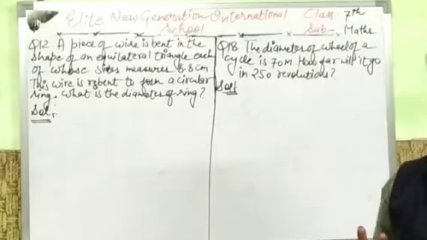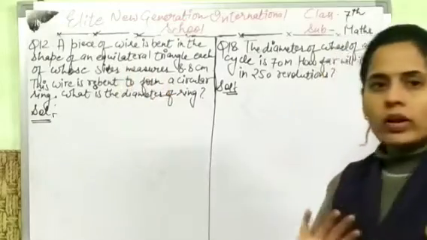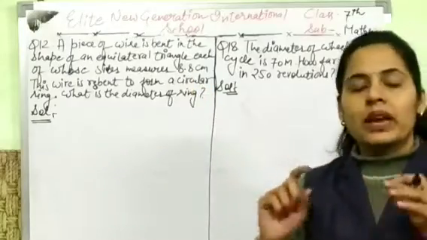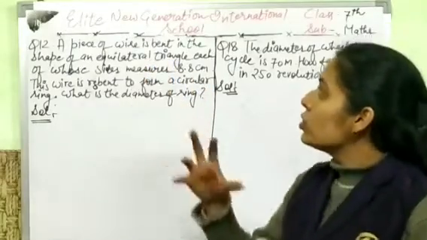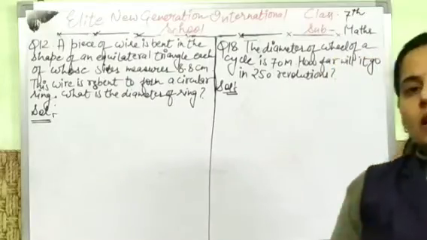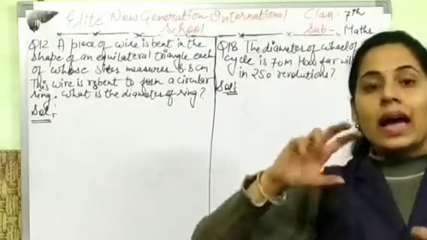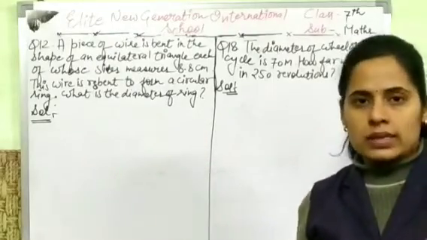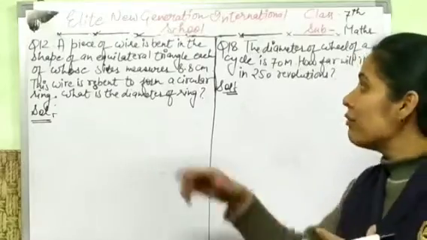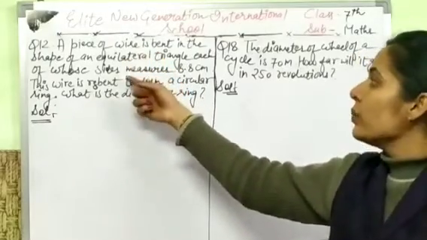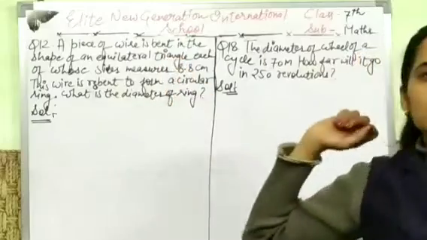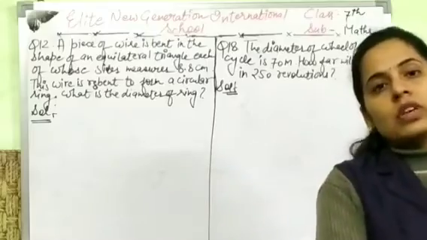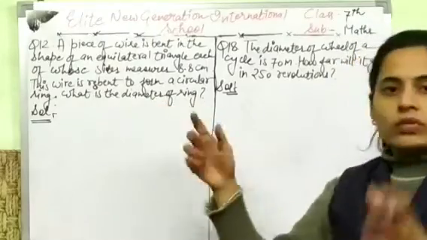First of all, what is given? Given is the side length of an equilateral triangle, and we can easily find the perimeter because here the wire is the same. Here we are going to bend this wire first in the shape of an equilateral triangle and then in the shape of a ring. The length of the wire is the same in both cases. So we can easily find the perimeter of an equilateral triangle from the side length, which is 8.8 centimeters. In that case we can put this perimeter equal to the circumference of the circle. It means the circumference of the ring.